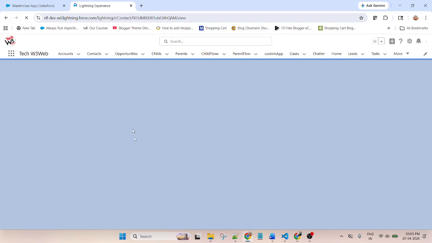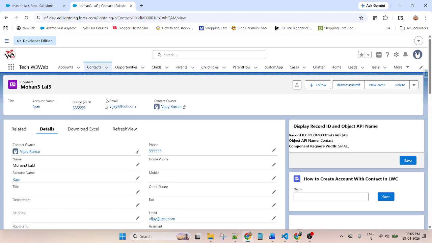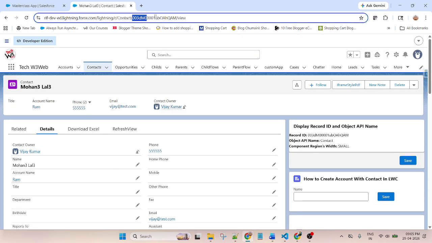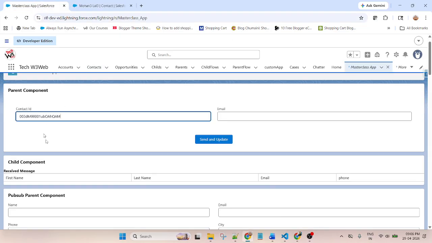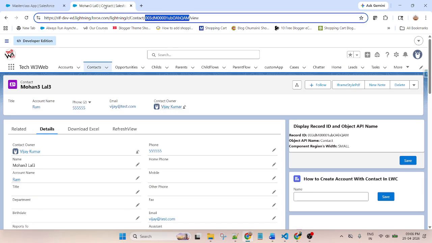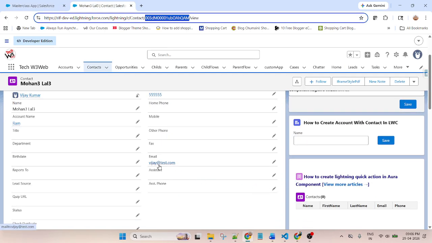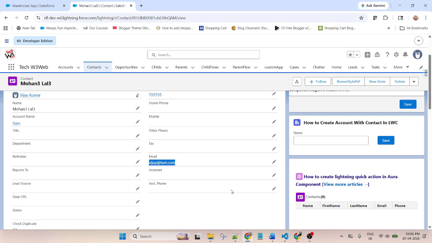I open one of the contacts and I will pass this contact, which means this contact detail will display here. The existing email ID is vijay@test.com.